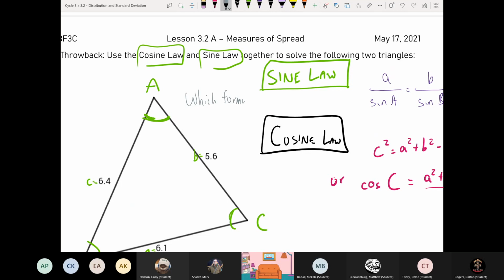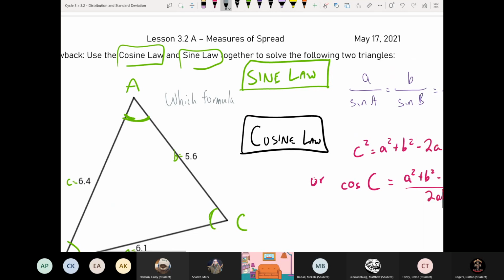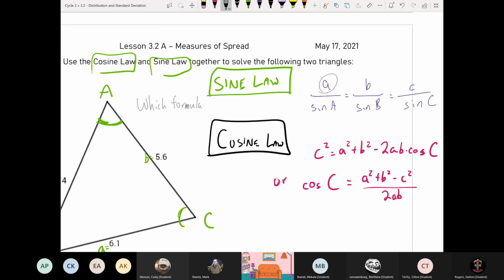All right, so if we did sine law, we'd have a side length here and a side length there. And then we'd have to know one angle though. If we just use these 4, we need to know 3 out of the 4. So that's the only issue with doing sine law. Whenever you do these, if you wanted one of those, you need to have 3 out of 4. And